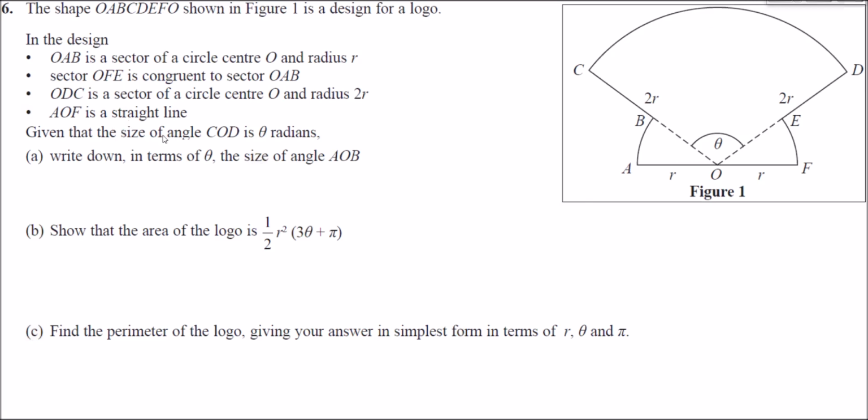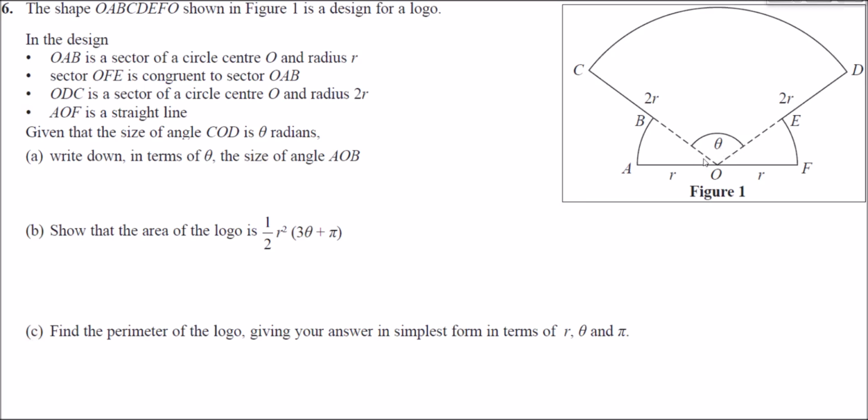So given that the size of angle COD is theta radians, so we're measuring in radians now, not degrees, write down in terms of theta the size of angle AOB. So AOB is just this angle here in the middle. So there's nothing to go off apart from the fact that it did say that AOF is a straight line. So if this is a straight line, then from here to here, all the way around would be 180 degrees, which in terms of radians,